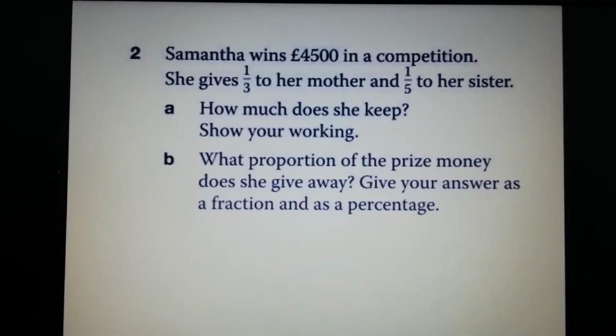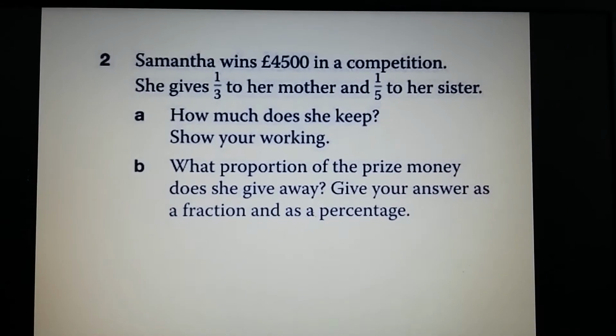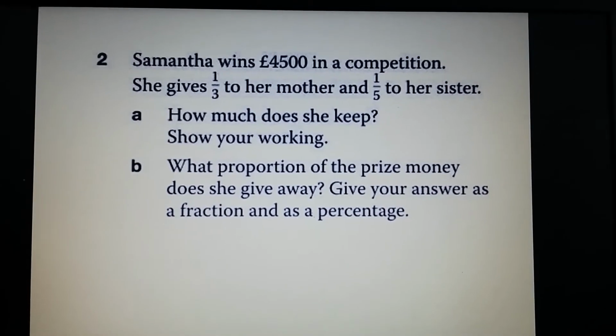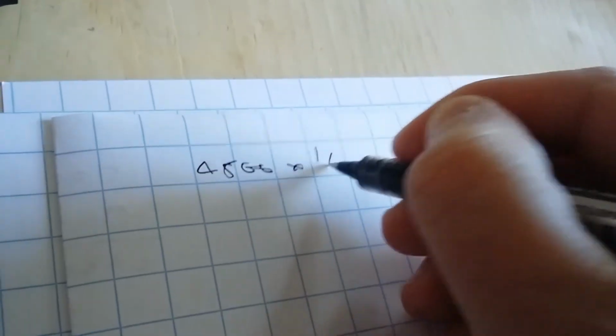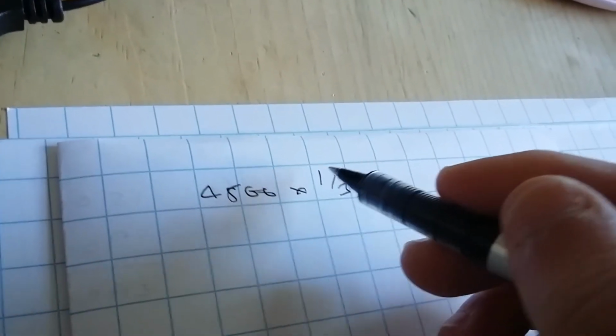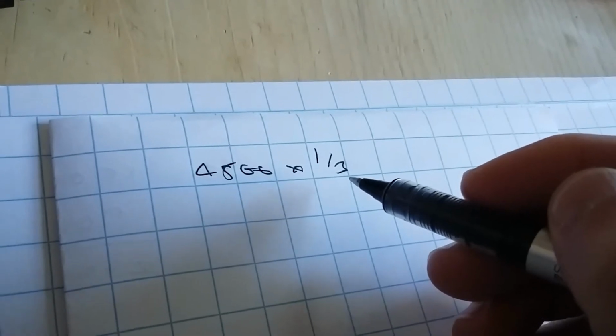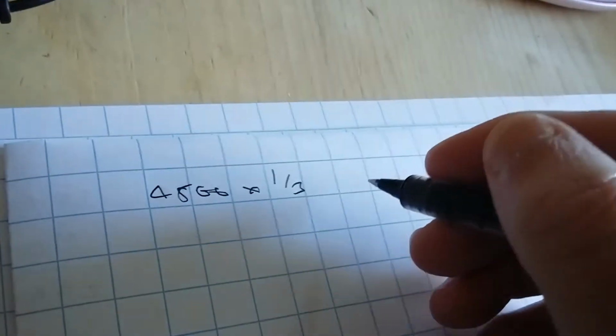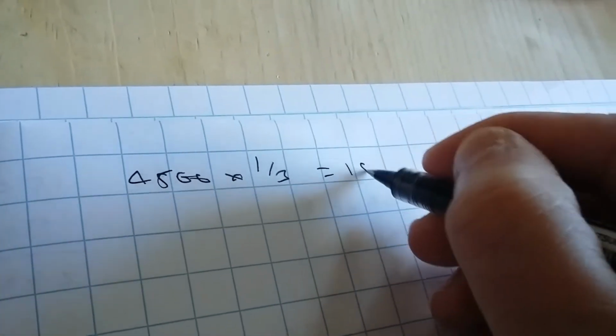So 12.1s, this is question 2. Samantha winning 4,500 in a competition and giving her mum a 3rd and her sister a 5th. To work out the 3rd and the 5th, we're just going to multiply by those fractions. So we've got the 4,500 that we're going to multiply by 1/3. Multiplying by a fraction, you times by the number at the top, so we're going to times by 1, divide by the number at the bottom, so we divide by 3. So in effect we've got 4,500 multiplied by 1, 4,500, divided by 3 gives me an answer of 1,500